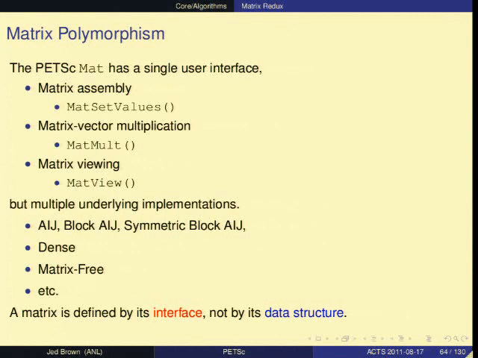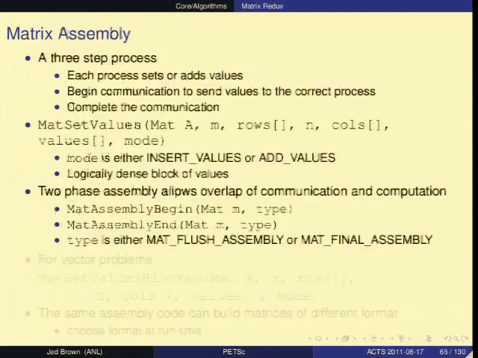So you have the usual interface regardless of the format. You can choose the format at runtime. So for scalar problems, you'll usually just use the common AIJ data structure. For block and symmetric problems, you'll use those. But most external packages don't support these block formats. So when you want to try the external package, you may have to use the scalar format, which is less efficient, but they can use it directly.